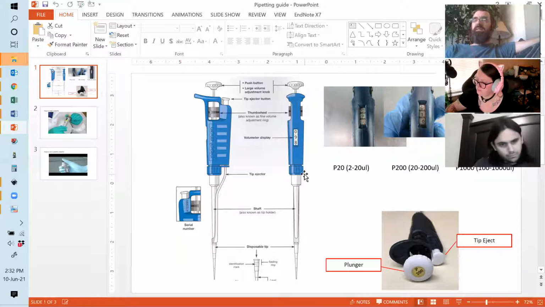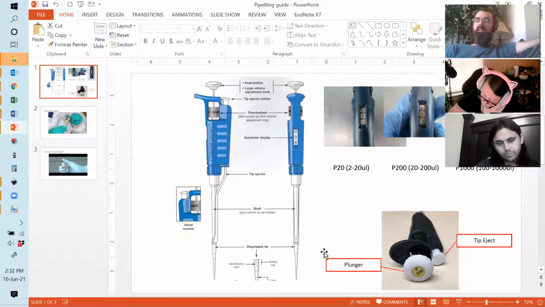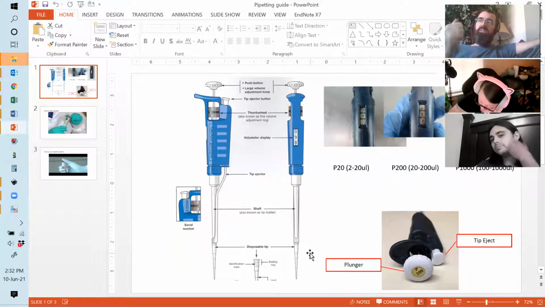This is what a basic pipette looks like. I'm sure you've seen them before. They have some key points to them. Essentially, inside here is a plunger, and that plunger expels air out the front, the tip of the pipette, so that when you stick